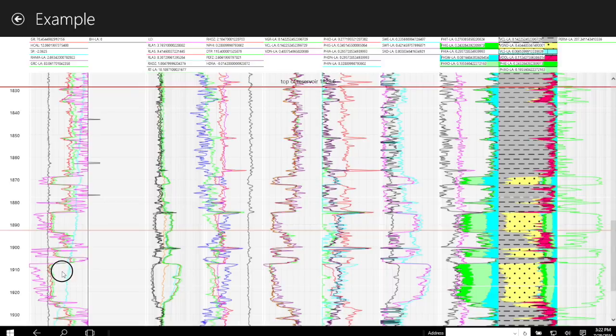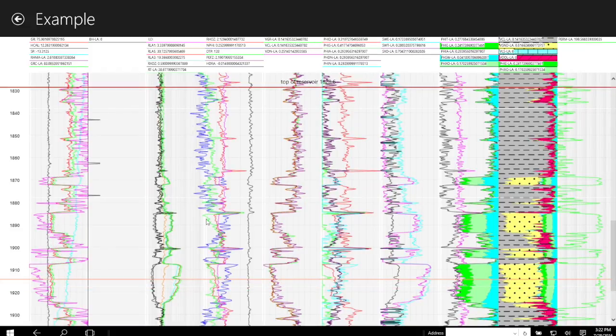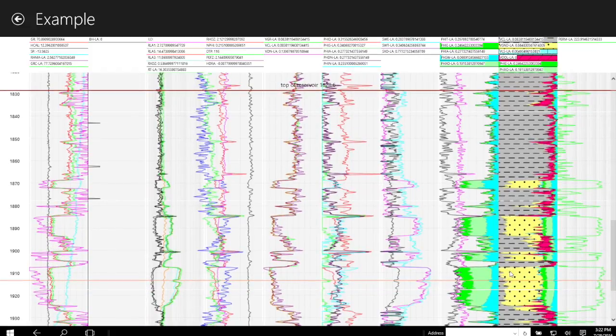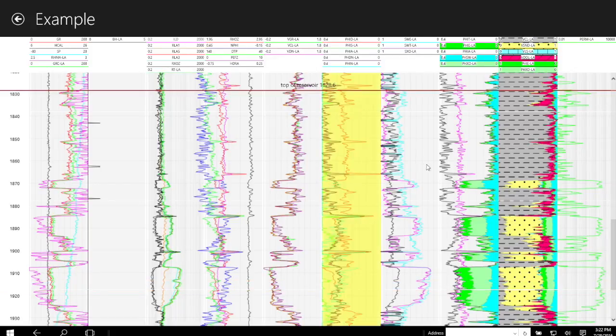And the matrix density for these is around 2.58, 2.65. So it's possible that we need to change this, change the density of that, and change